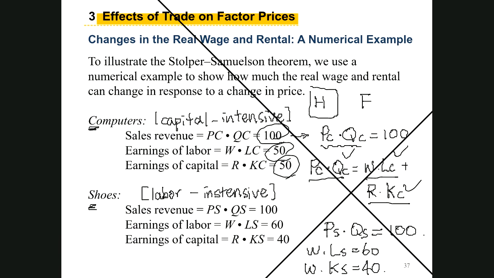So the goal of the Stolper-Samuelson theorem is to see, from the goods price change, and to predict the change in the production inputs' return. That's it. It's very similar to what we did in the specific factor model, except for one thing: in the long run, the capital can still move across each sector, and the wage will be determined by the long-term equilibrium of the capital. We'll take a look at this